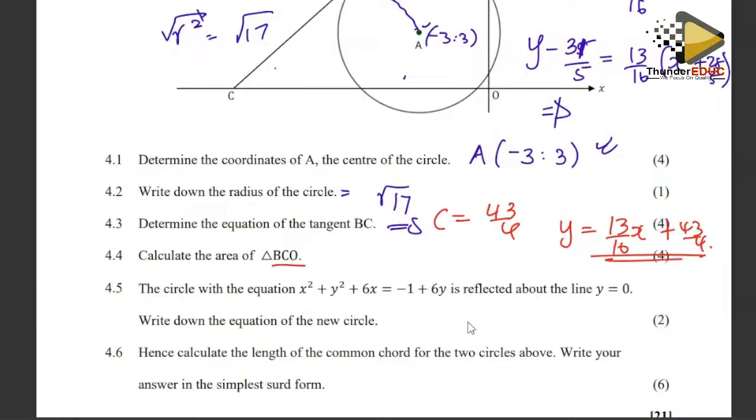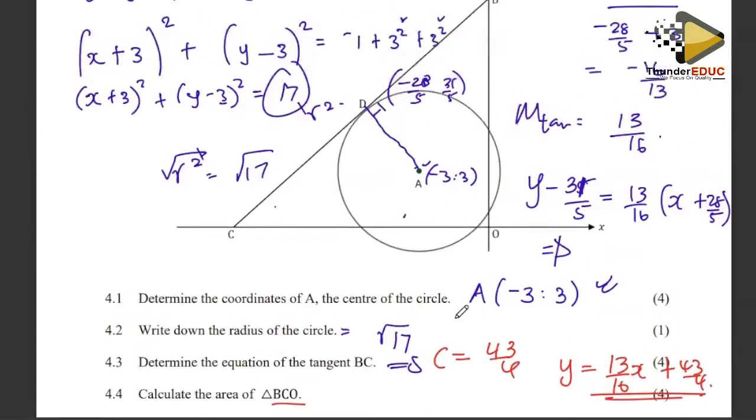Then they want the area of BCO. B, C, and O. Okay, so what this asks for is that we need the coordinates of C, we need the coordinates of A, which are basically the intercepts, okay? So meaning if x is 0, y is going to be 43/4. If y is 0, okay, we're going to get x to be negative